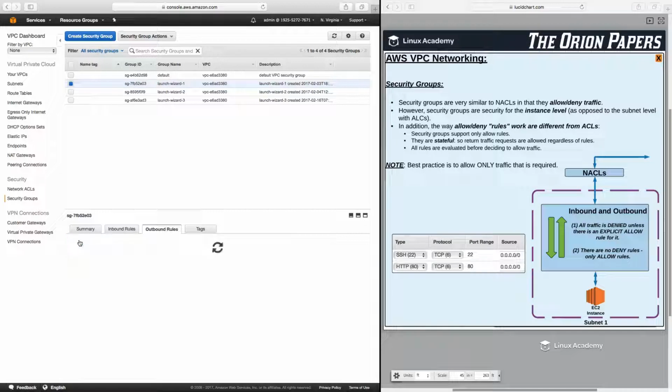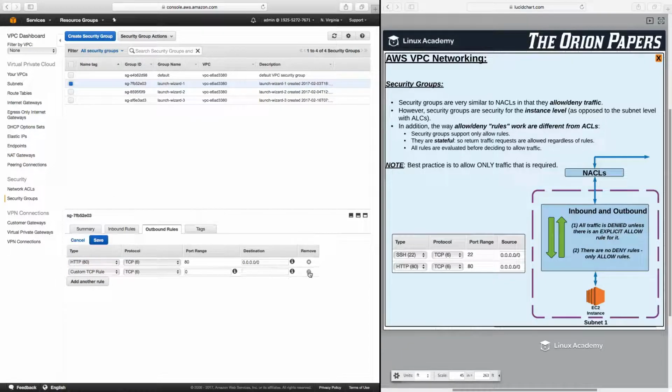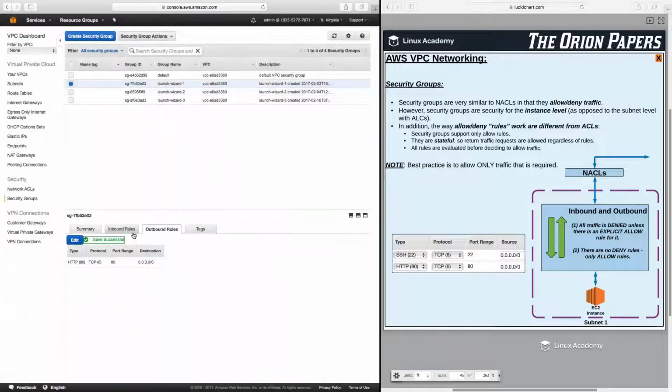For outbound rules, let's say I changed this and I had this as HTTP. So that means that I'm allowing inbound SSH traffic, but only outbound HTTP traffic. However, if inbound traffic is coming in through SSH and that requires a reply, which is via SSH protocol, even though I don't have an SSH allow rule for outbound, because it's stateful, it will allow the traffic to come in as SSH, but also leave as SSH, even though I don't have an SSH rule in the outbound rules